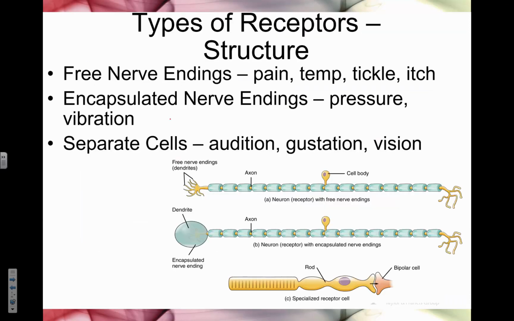Awesome. We should talk briefly about types of receptors. There are different ways we can categorize them. Structure is one way. So we have things called free nerve endings. That's these guys here. There's nothing on the end of those, nothing covering them. This is really great for things like pain, temperature, tickle, and itch. Things we want to know about quickly without any sort of filter, without any chance of reducing that stimulus. So if you're feeling pain, guess what you should do? Whatever it takes to get away from that pain, right?